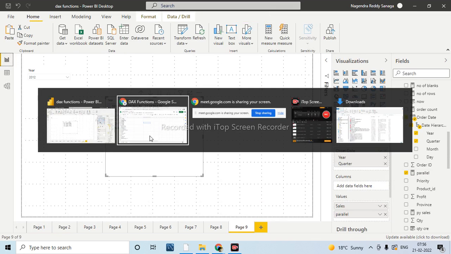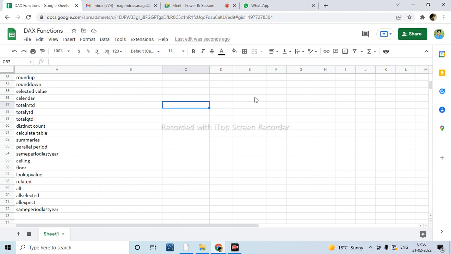Let me take the first example in Excel. Think that I am taking just random numbers here, like any text or something. Okay, let us take this only.